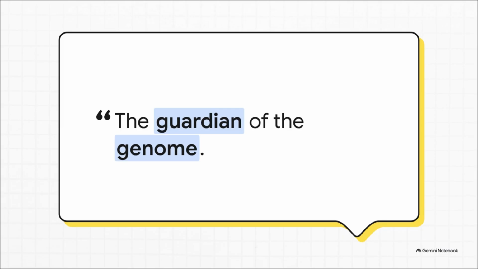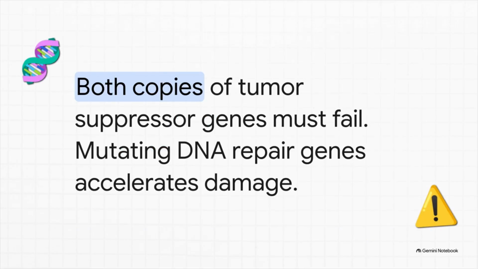Normally, if a cell is just too damaged to be repaired, p53 steps in and triggers apoptosis, programmed cell suicide. But here's the terrifying part. p53 is mutated in over half of all human cancers. When the guardian is knocked out, these highly damaged, super dangerous cells that really should die are just allowed to keep right on dividing. Generally speaking, for cancer to really take off, it requires both things, that stuck gas pedal